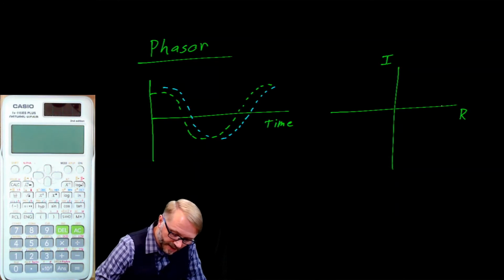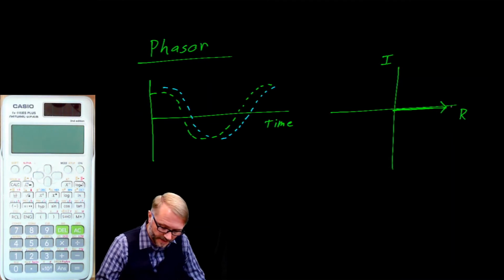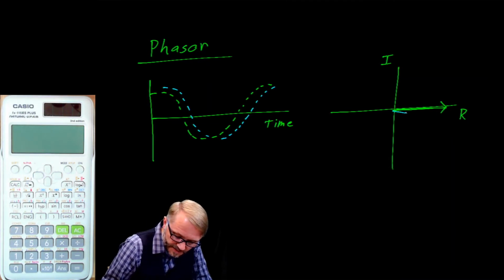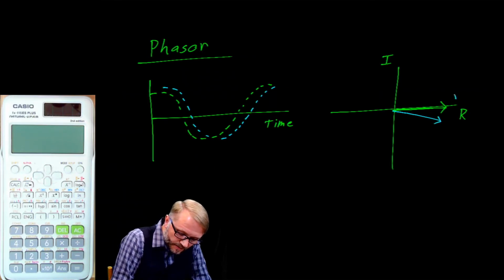So this green line becomes a phasor pointed in that direction, and the blue line, because it's a little bit late, becomes a phasor pointed in that direction,